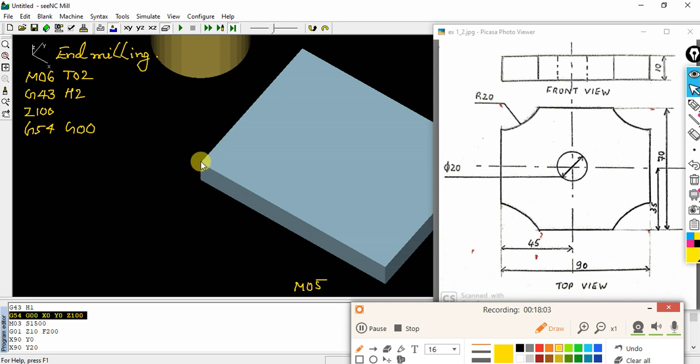If this is the point 0, 0, I will keep it away, so I will give X as -10 and Y as 0. So this will be -10, 0. My cutting tool will come and locate here, away from the tube. This will be my cutting tool position.